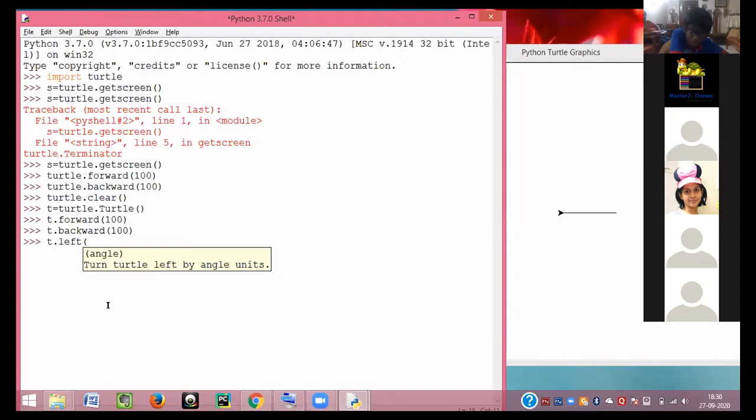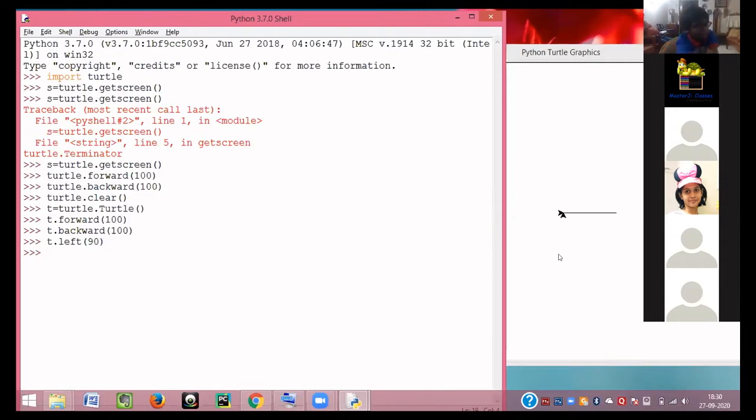Now, many of you would not understand what angles are. Don't worry about this. Many of you know about angles. So if you want to turn directly upwards, you have to give 90. Now watch very closely the direction of this. The arrow will turn in the upward direction. You see, the arrow has pointed in the upward direction. Don't worry about this other arrow. This arrow which has pointed in the upward direction is the actual arrow that you should be concerned about.